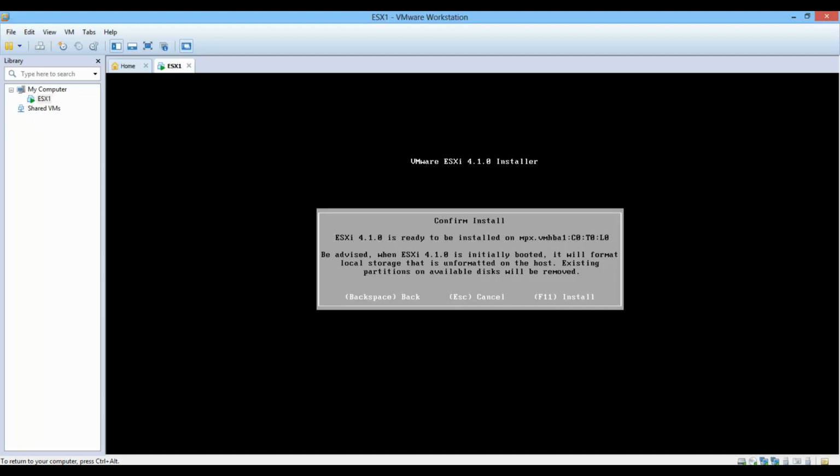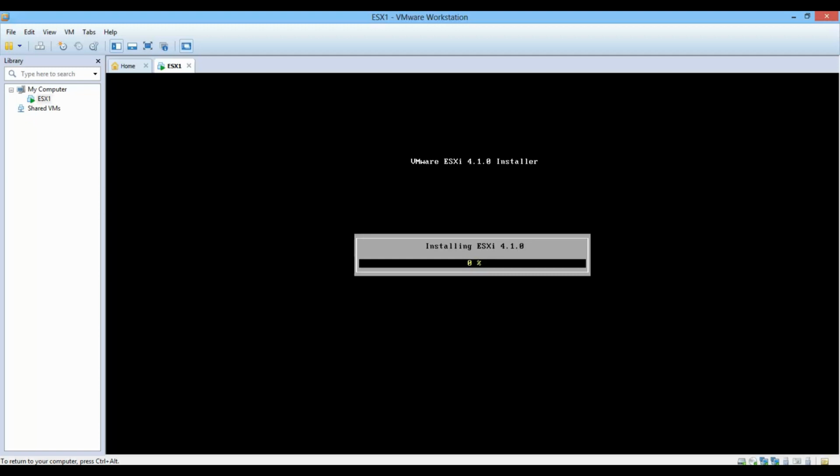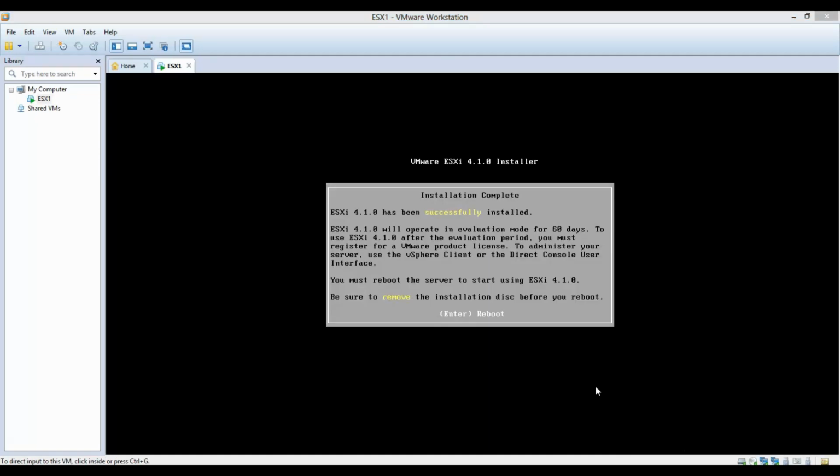So guys, one more thing I need to tell you. This is VMware ESXi version 4.2. Right now the latest version is 6.7. Installation is exactly the same everywhere, so there is no challenge, nothing difficult that you won't be able to do. Whatever you have seen here, you can check.